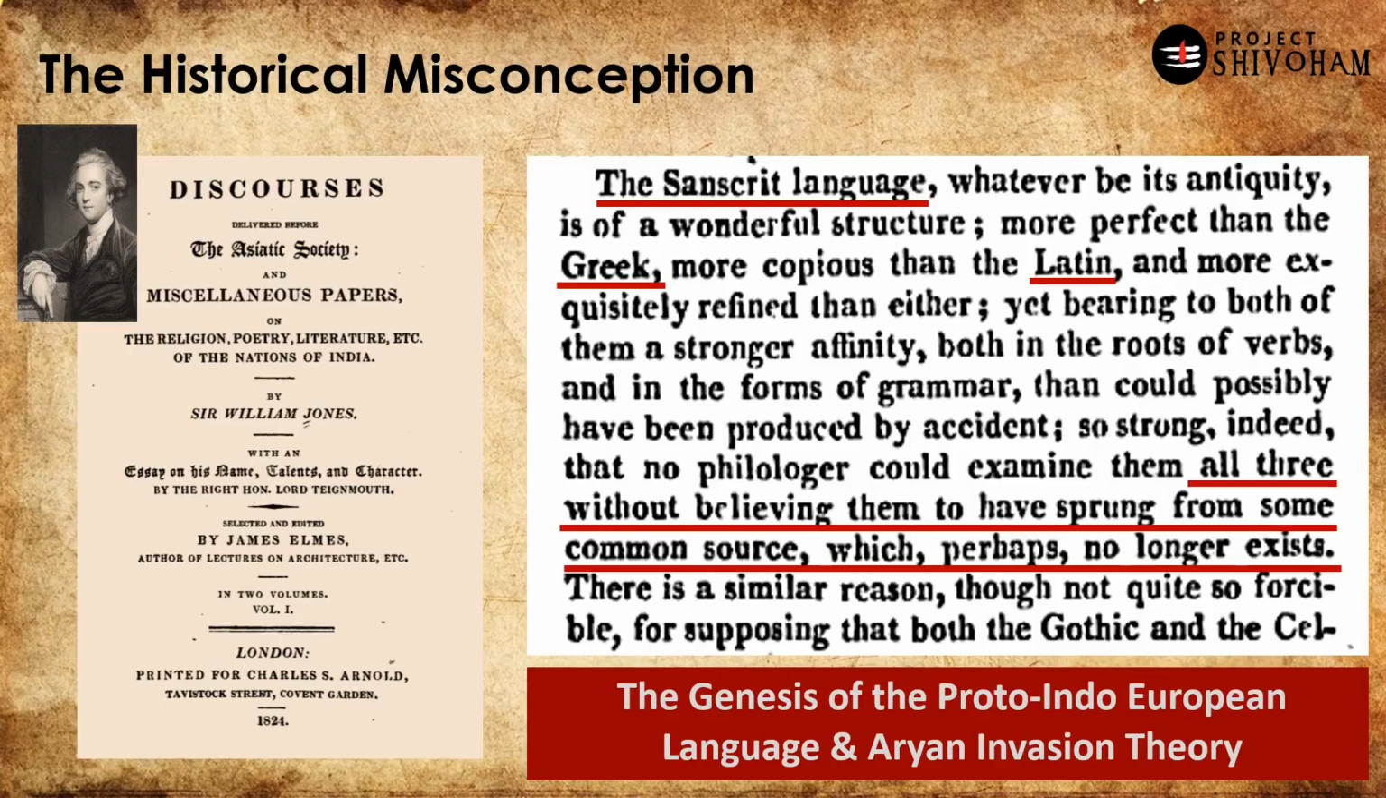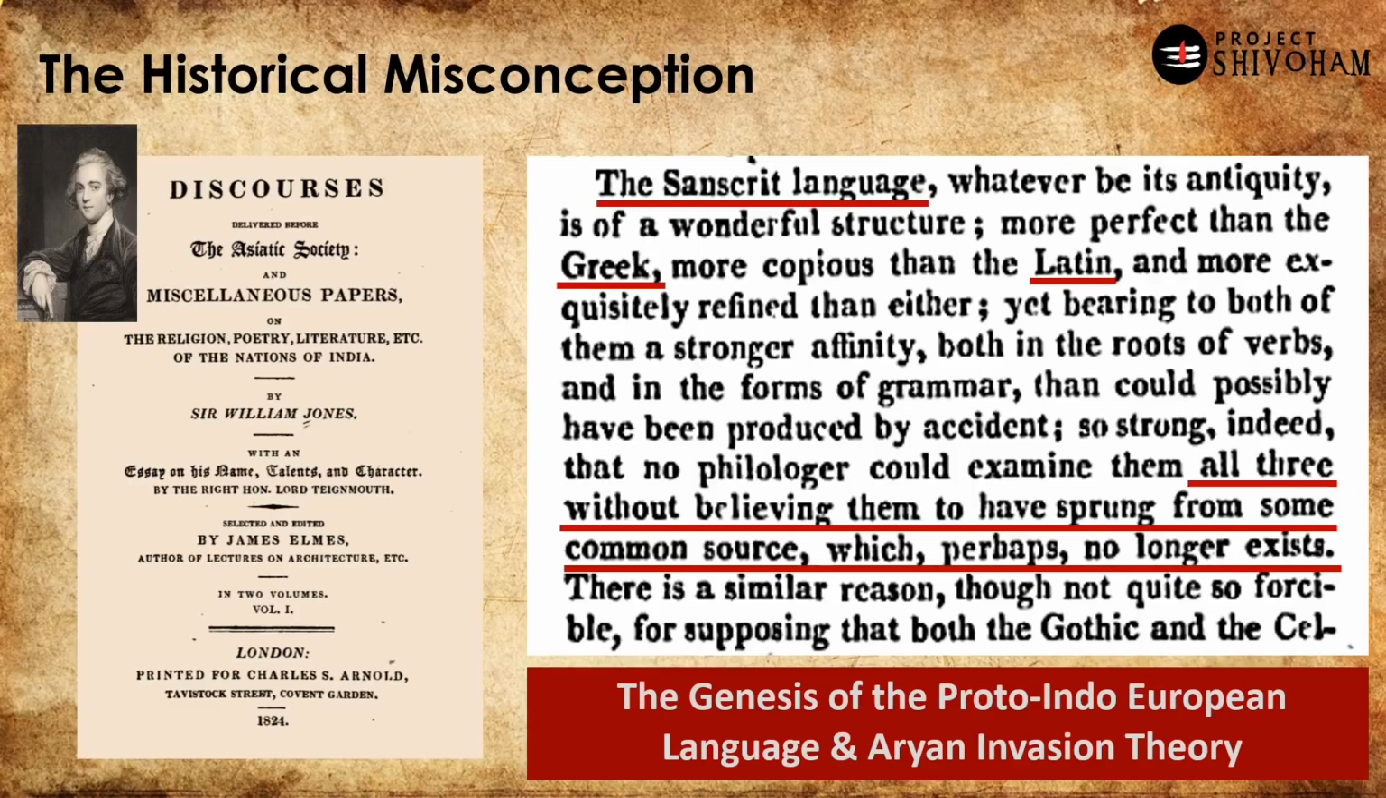And here is the most important thing. What he says is that no linguist could examine all these three, Sanskrit, Latin and Greek, without believing them to have sprung from some common source, which perhaps no longer exists. So basically what William Jones is hypothesizing here is that Sanskrit, Greek and Latin, all three of them, have one common ancestral language which does not exist today. It is a hypothesis that he puts forward, and this hypothesis was eventually taken up by people with vested interests, and